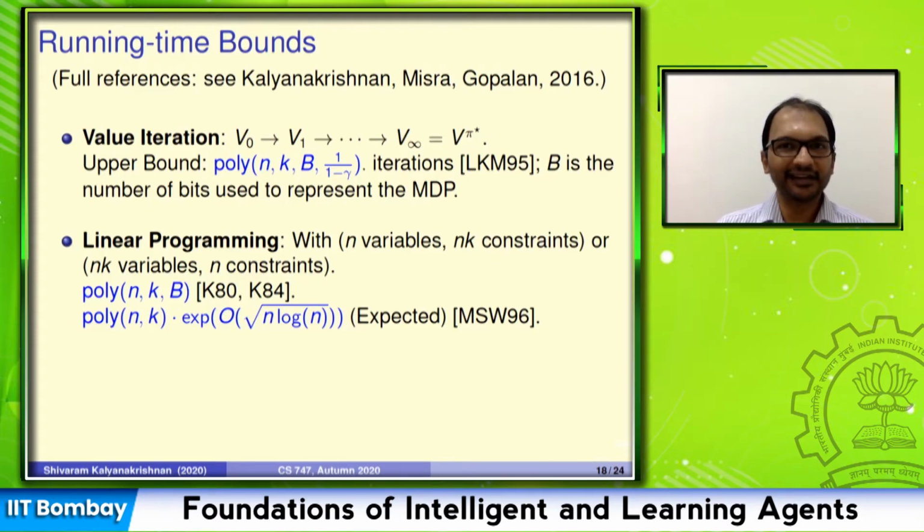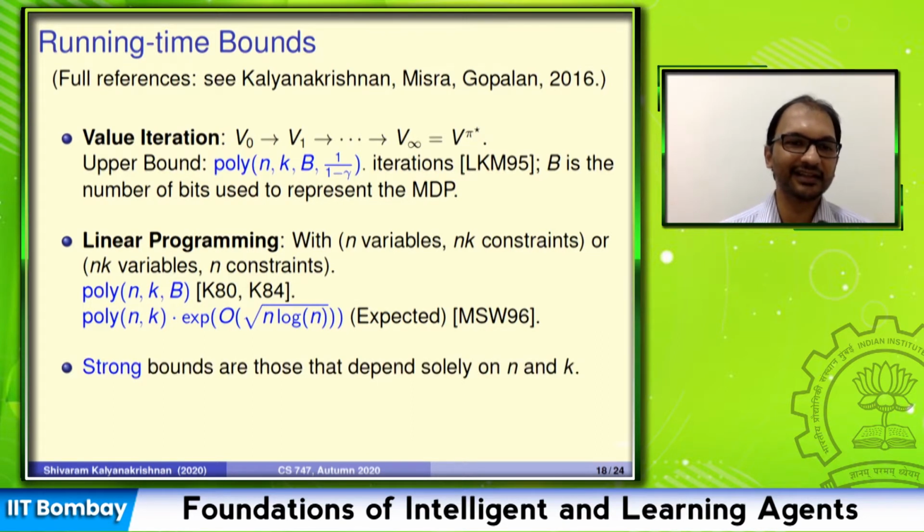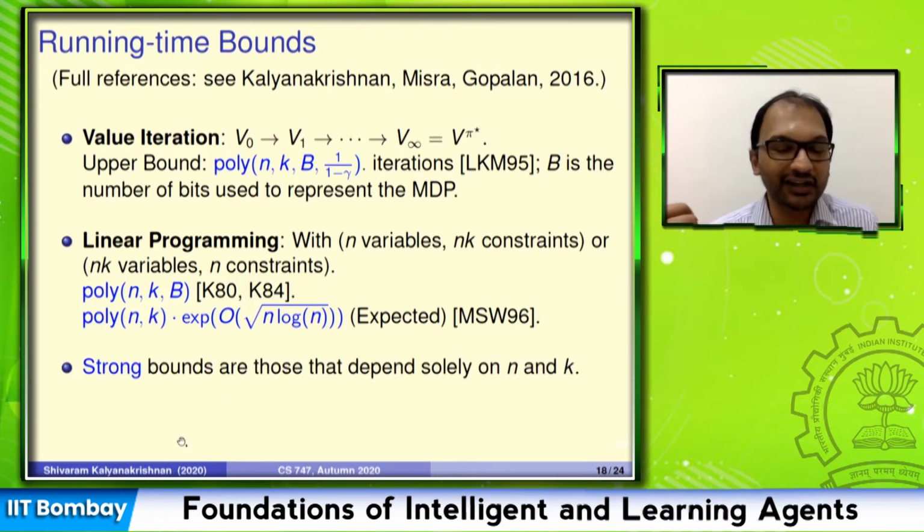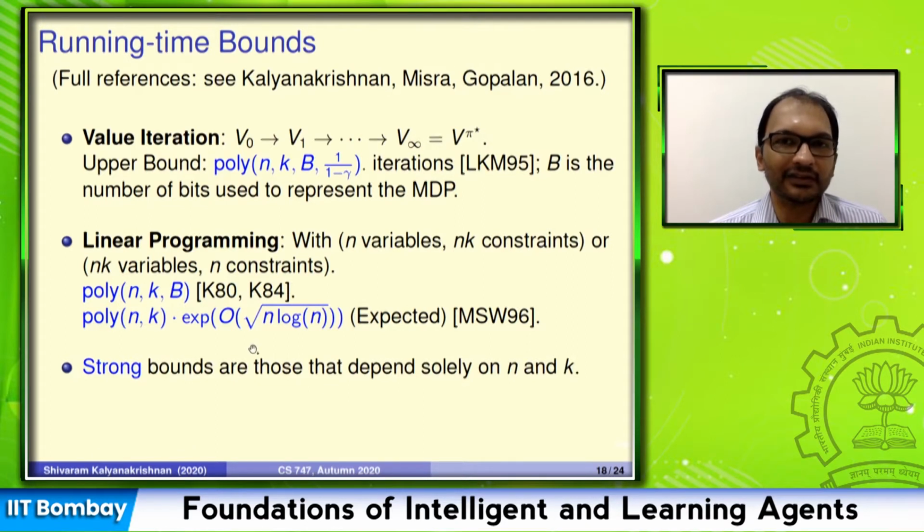However, there is another notion of complexity, which is the notion of what is called a strong running time bound. Strong running time bounds are ones which don't actually depend on the size of the representation. If you're willing to assume that you can do what is called infinite precision arithmetic, which means you give me square root of 2 and e to the pi as two operands, I can add, subtract, multiply, divide them in order one time. It's a theoretical model, it's not done in practice, but there is cost 1 for one arithmetic operation, even for infinitely large operands.